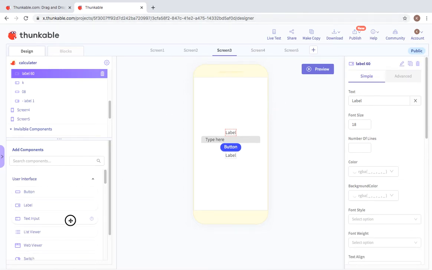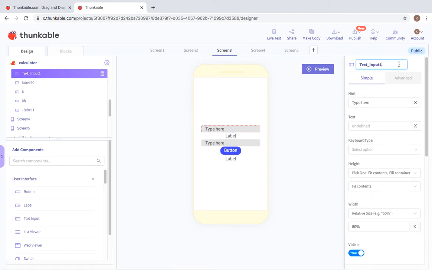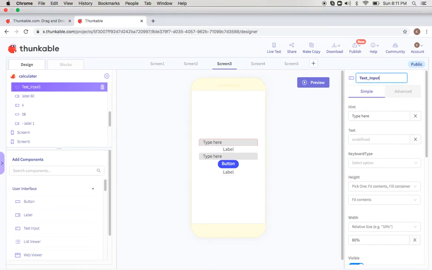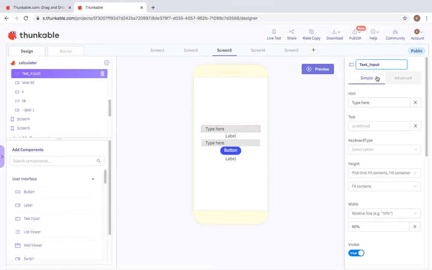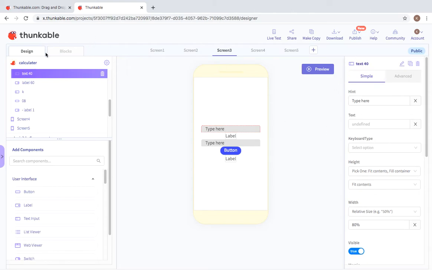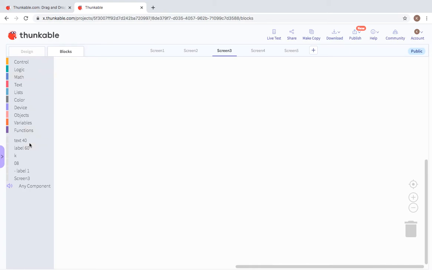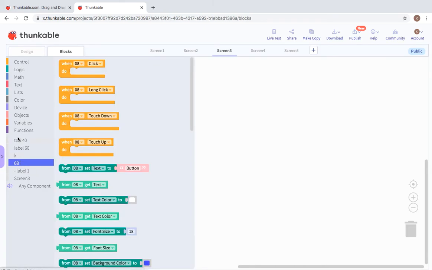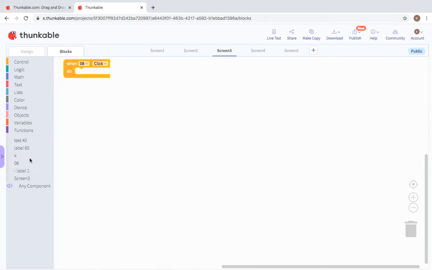And then I'll take a text input. I'll rename it to text T. I'll name it text.t. Now I'll go to box. Now I'll go to 08. When 08 click, it would do